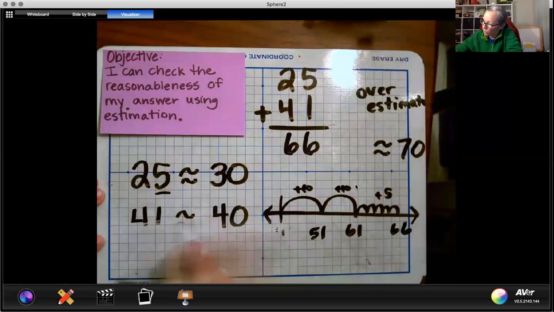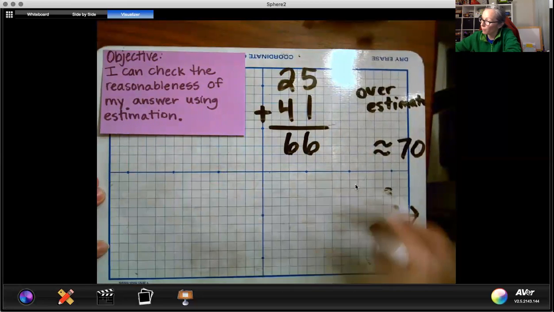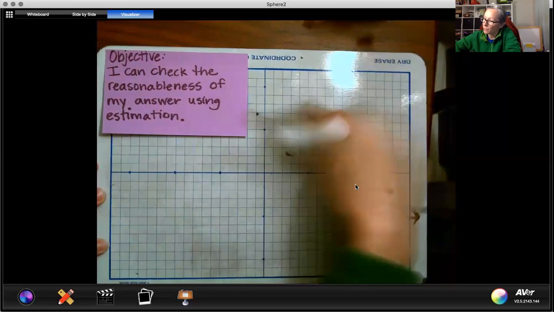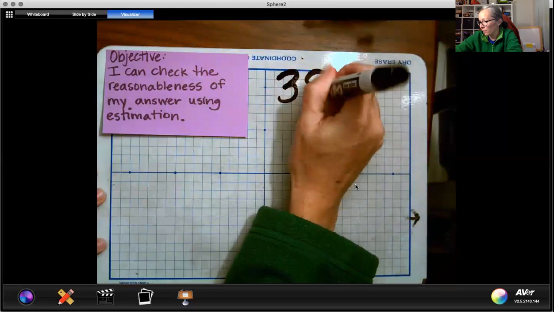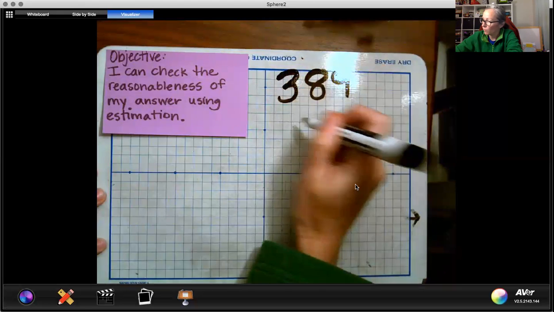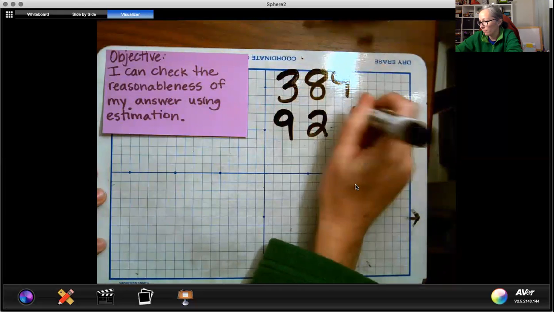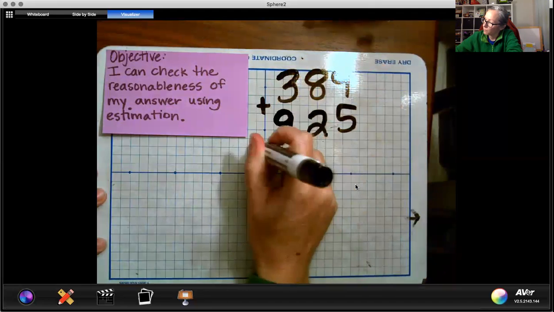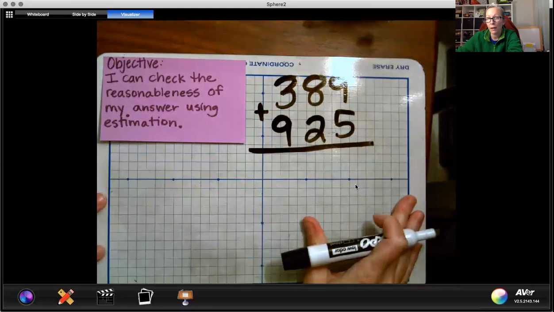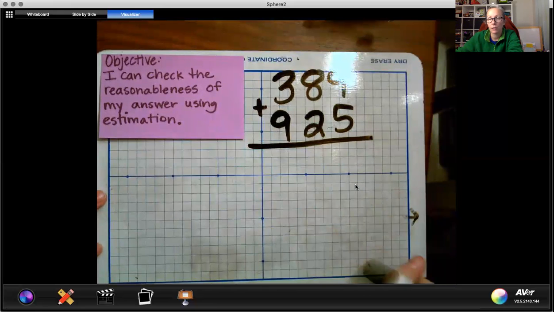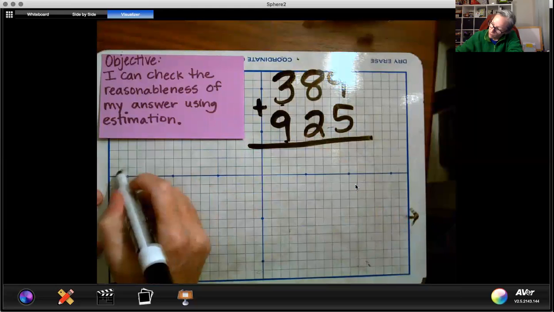Okay, now I'm going to show you a problem in the hundreds place rather than just in the tens. I'm going to start with this problem, 389 plus 925. I'm going to round each of these numbers to the hundreds place because, again, I'm going to round to the nearest greatest place value, which in this case, in both numbers, is the hundreds. All right, so 389